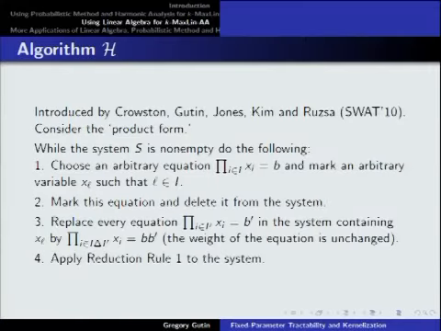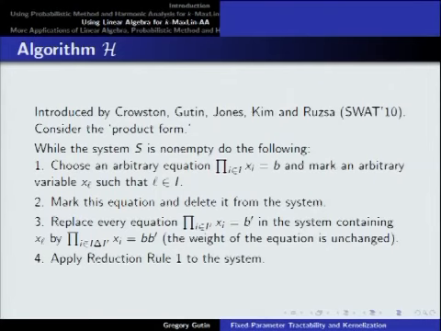So this is a joint paper with Mark Jones, who is here, my PhD student, and also with Imre Ruzsa. Probably some of you know him. Yeah, okay. So it's an unusual setting for him, I guess. Okay, so